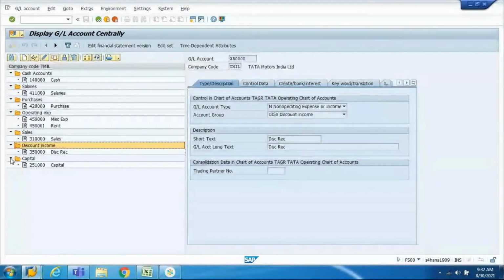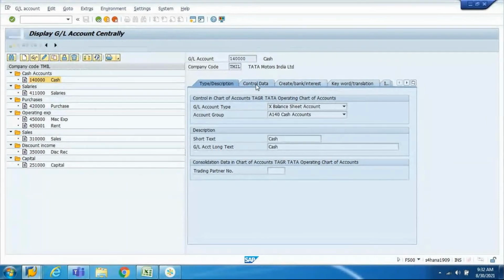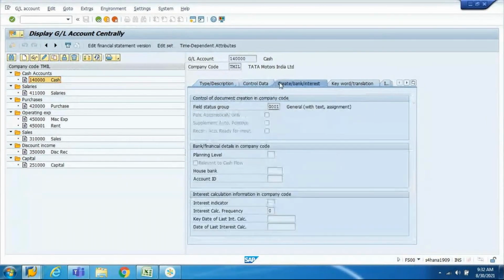Is this practically possible? No, right? No. I cannot see 500 GL accounts here, and I don't know how to see whether this is open item, line item, which group is assigned to this, what soft key is used by this. I have to select each account, go each. Is this a recommended solution? But a common expectation from every client to look at all the GL accounts, right? Then how do we pull all the GL reports? How do I pull all the master data of the GL accounts?